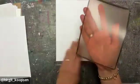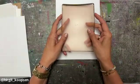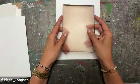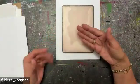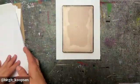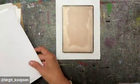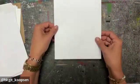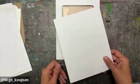They are just lying around in my studio, even on top of each other. I just make sure that there is a sheet of paper in between, and that there are no edges of the paper halfway across a plate, like this. I always make sure I stack them like this, and the paper is totally covering each plate,